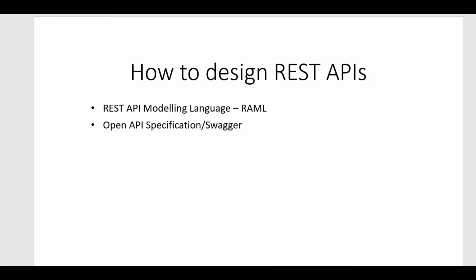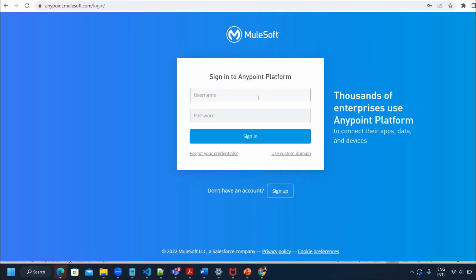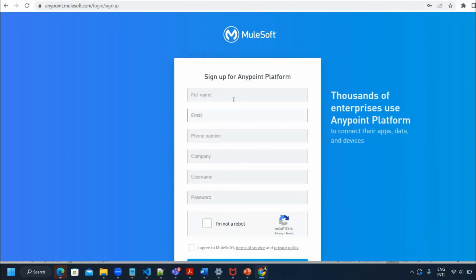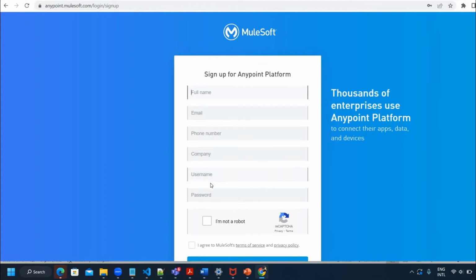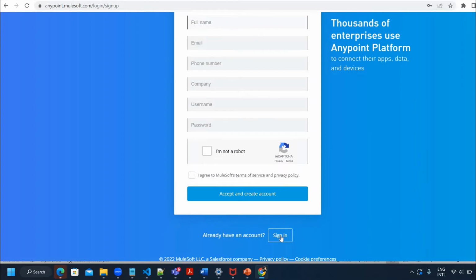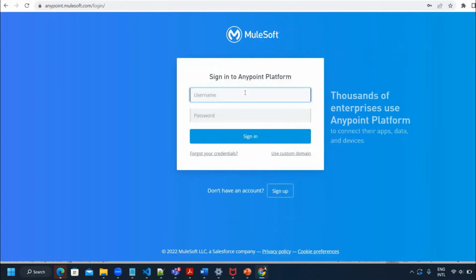So let's go to Anypoint platform and start designing APIs using REST API modeling language. You can just log into anypoint.mulesoft.com, and then you will come to the Anypoint platform. And if you don't have an account, then you can sign up for a new account. You can just provide your full name, email, phone number, all these details, and you can create your new account. I already have an account,